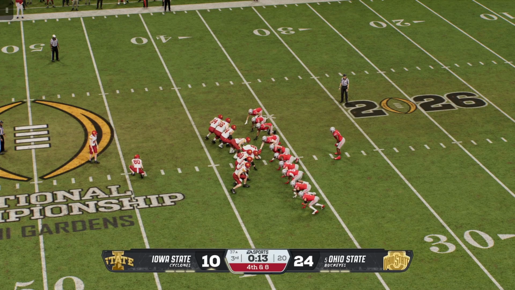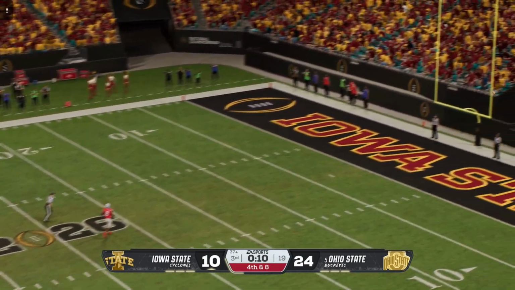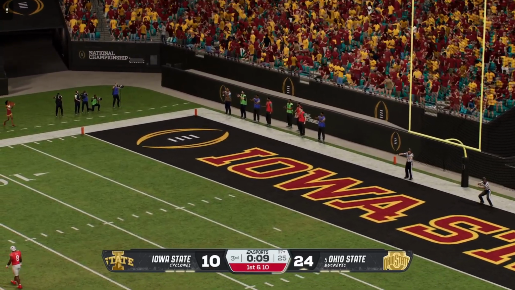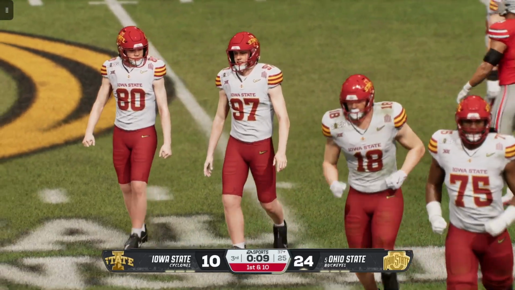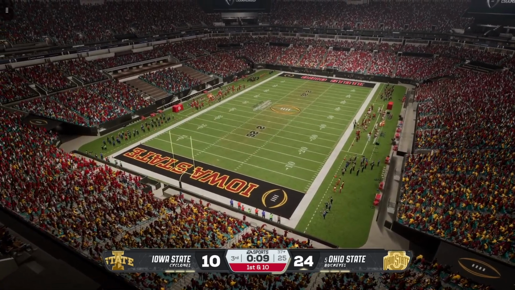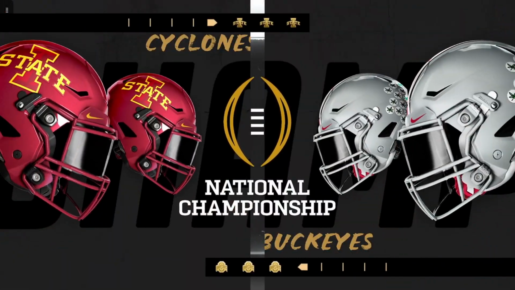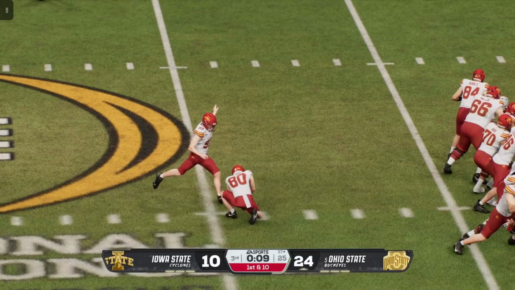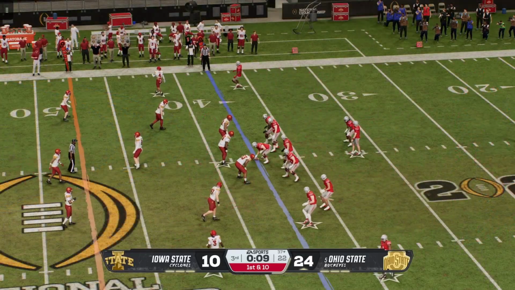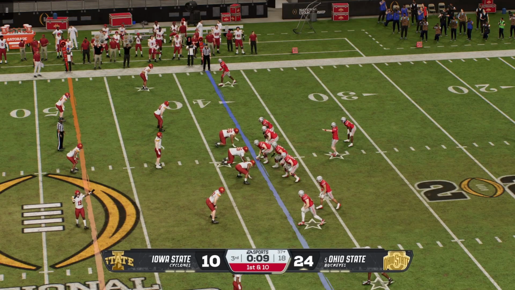So on fourth down, the decision is to trot out the field goal team. Oh, he missed it. Off target that time. Still losing by 14 after the miss. Well, that's going to go down as an empty possession for this offense. No points as he's off target. Now you can see he's hanging his head. Poor kicker.